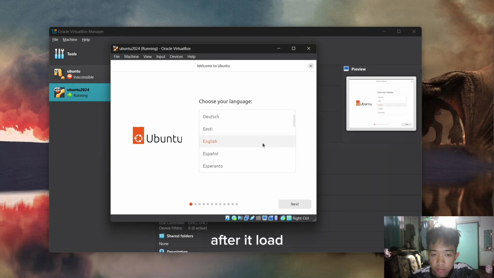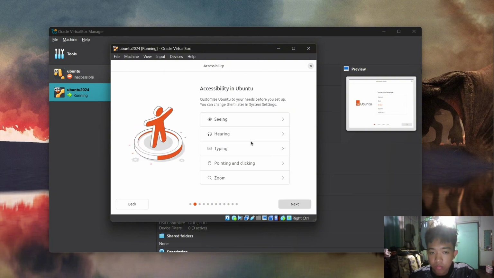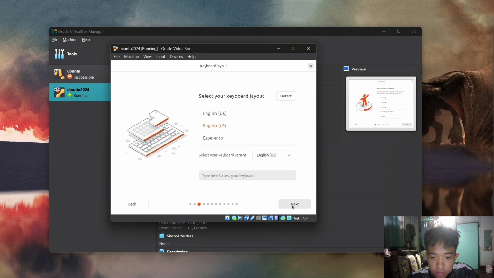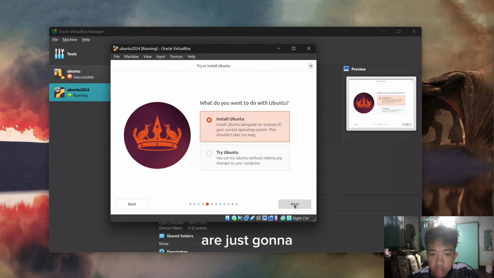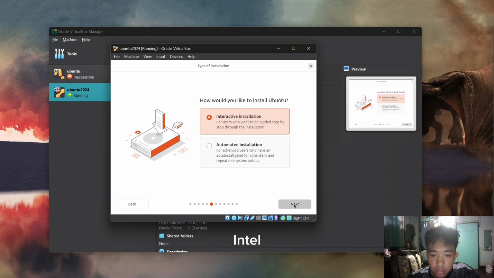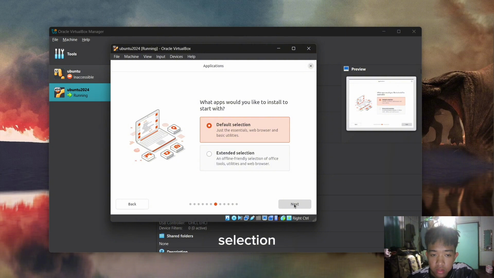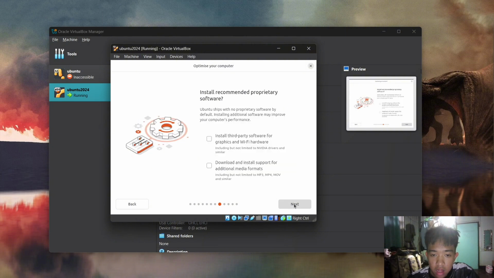And after it loads, we're gonna set up the Ubuntu. I choose English language. Just click next on accessibility. English US. Connect to the internet. And then I'm just gonna use the default. Install Ubuntu. Default selection. Install third party, next.